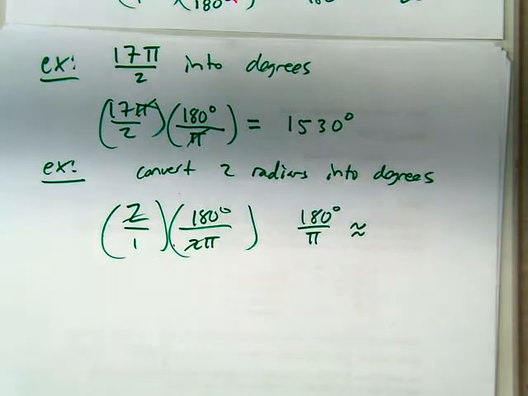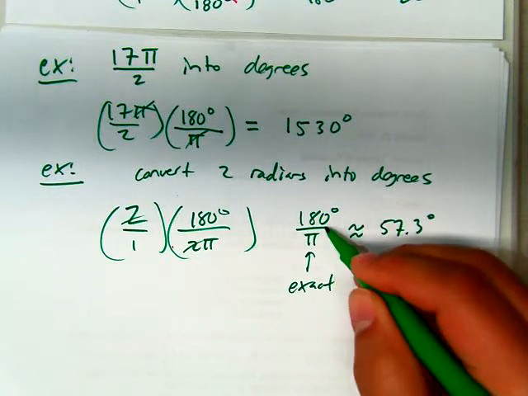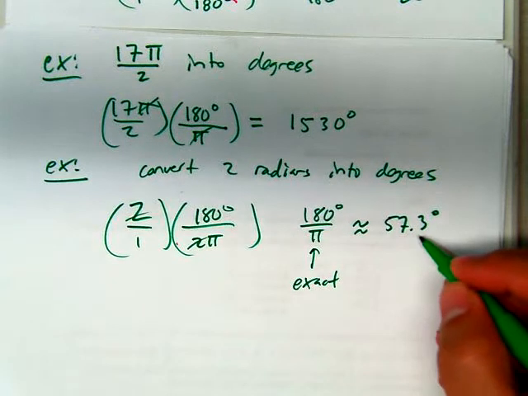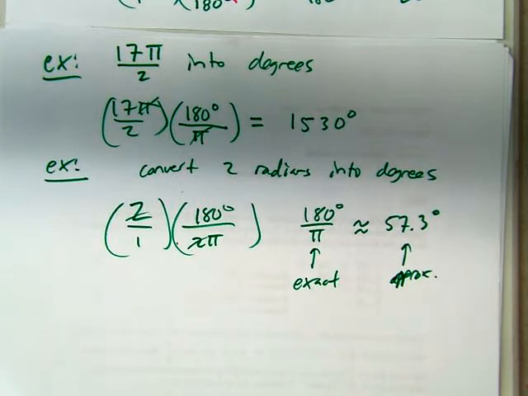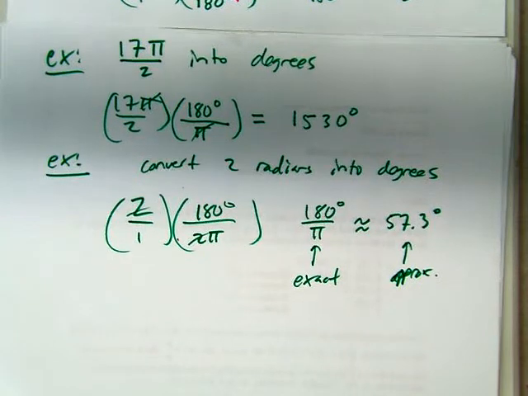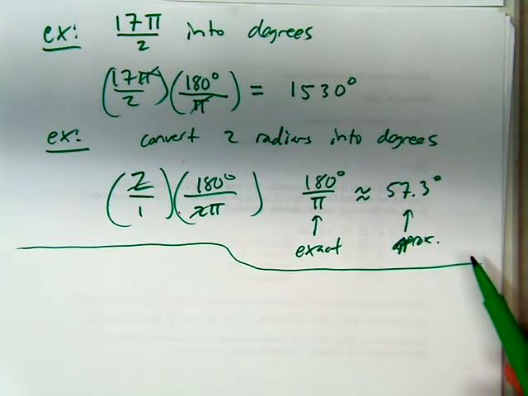let's see, 57.3 or so. Okay, so this would be the exact value. 180 divided by pi is the exact. 57.3 is the approximate. Okay? Alright. Now, let's talk about some other things. So we've talked about radian angles, how to convert from radians to degrees. Okay? Now what we'll talk about